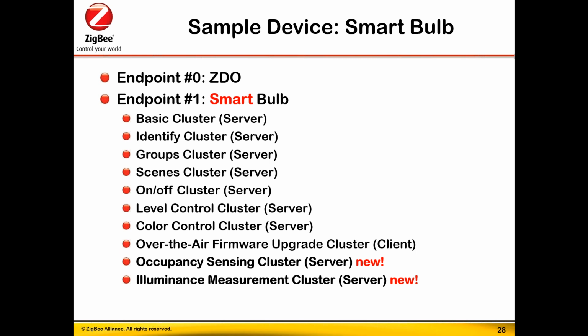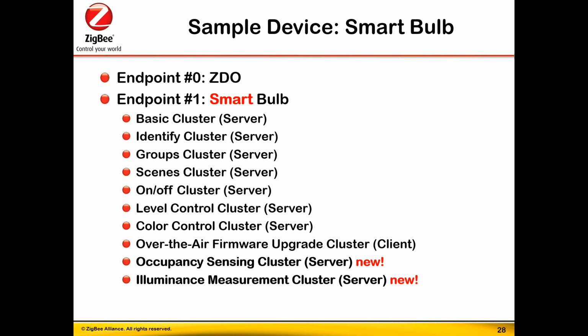And so you could, for example, recall a scene when you go out the door, and you could combine these bulbs into a group, all ceiling bulbs, for example, and then press that button and say, okay, I'm leaving home, and then every bulb in that group and in that scene would turn off, while other critical devices like your refrigerator, for example, would continue to operate normally. And when you go to the next slide,